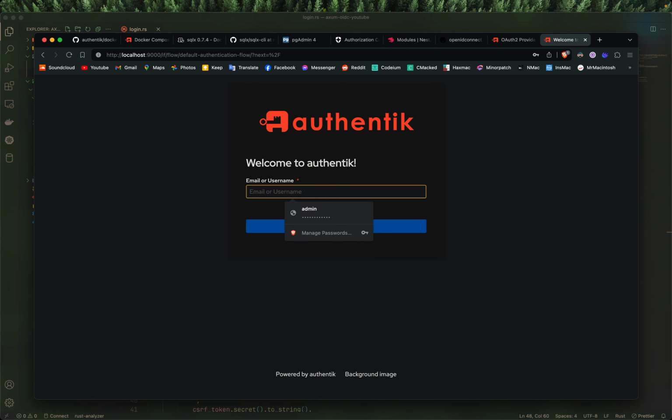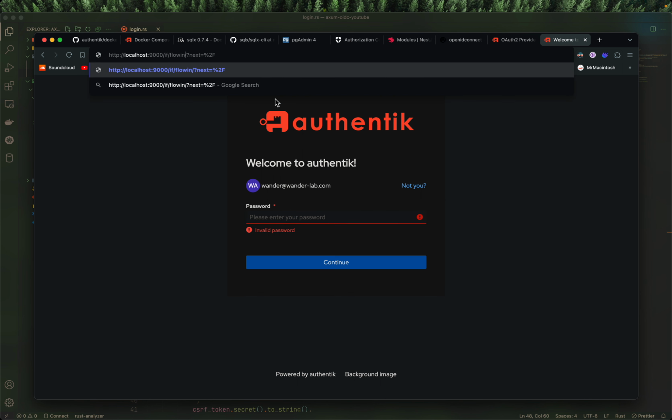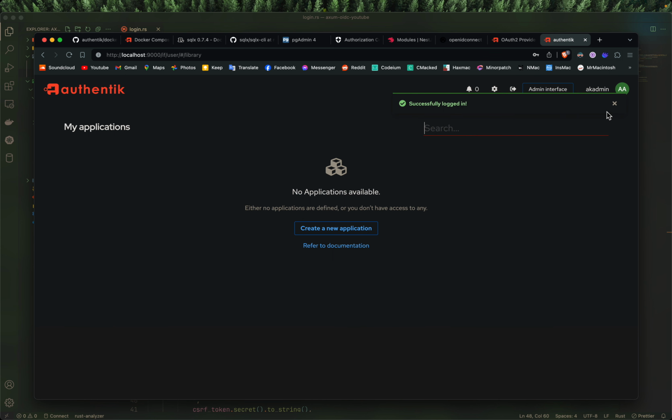If I remember correctly, I'm just going to provide some variables here. It will say invalid password, but then you need to get to the initial setup. Initial setup. Yep, there we go. So you have to provide an initial setup, and then the next parameter here. I'm going to add my fake email, some password, the repeat password, and then boom. After that, I've successfully authenticated with